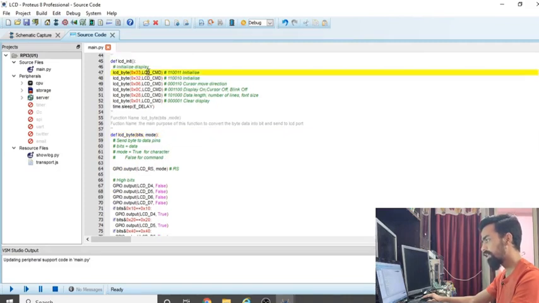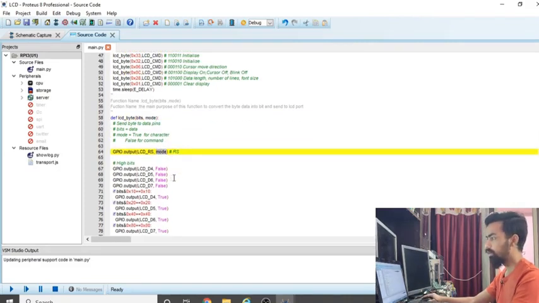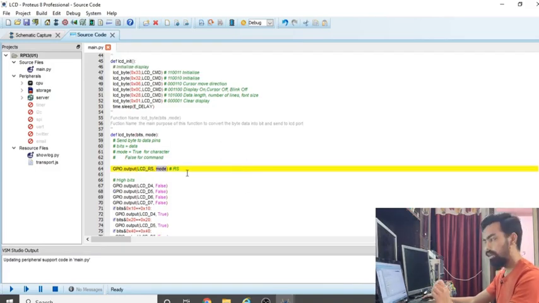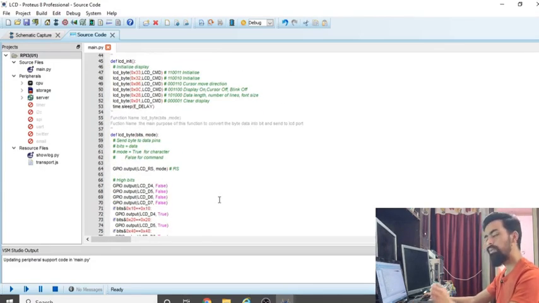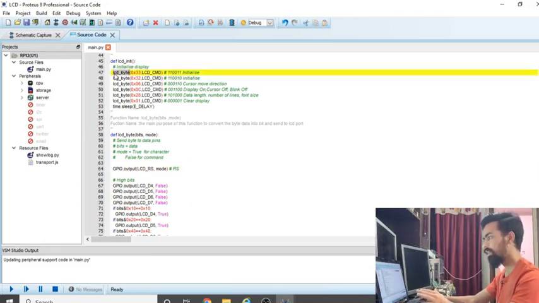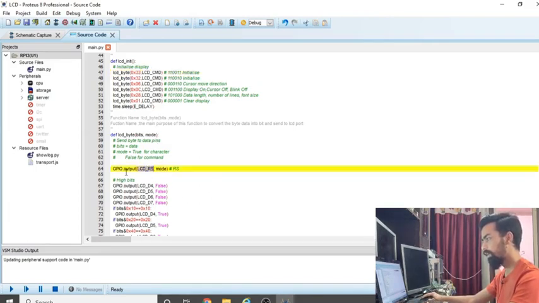We have set the mode as an LCD command, so this is the command mode. Whenever there is a command mode, you have to select the RS pin, and the Raspberry Pi should send the 0 signal on that RS pin. You can see LCD command mode is a variable with the value False. Whenever you are sending a command to the LCD, you have to send RS as 0. We have already created the function LCD byte send command, and LCD command is nothing but 0, which is automatically sent on the RS pin with this function, GPIO.output(LCD_RS, 0).